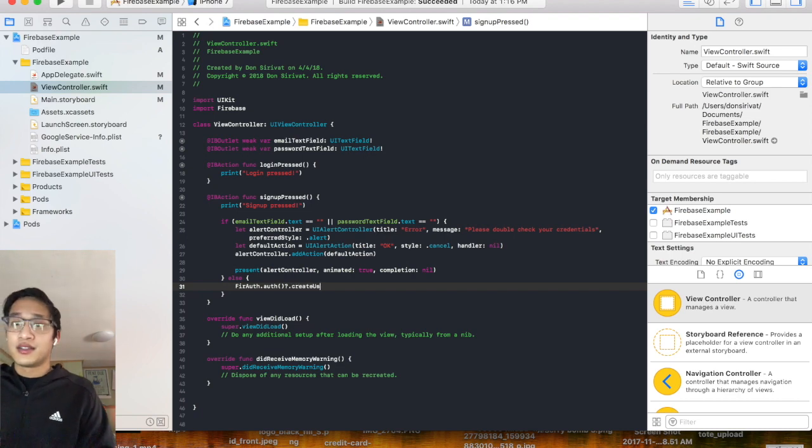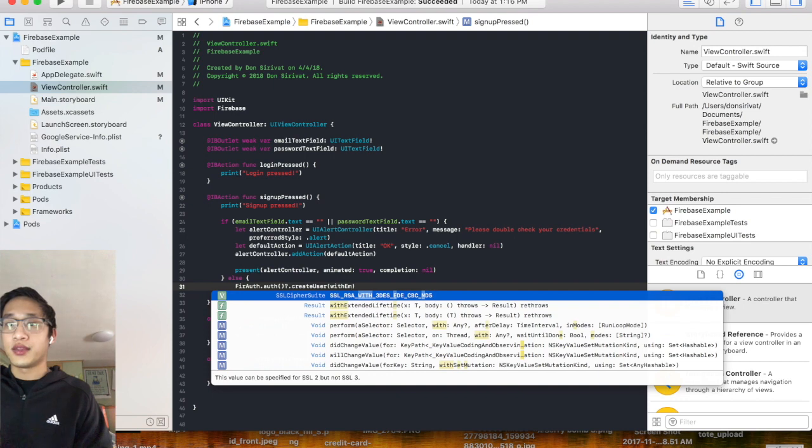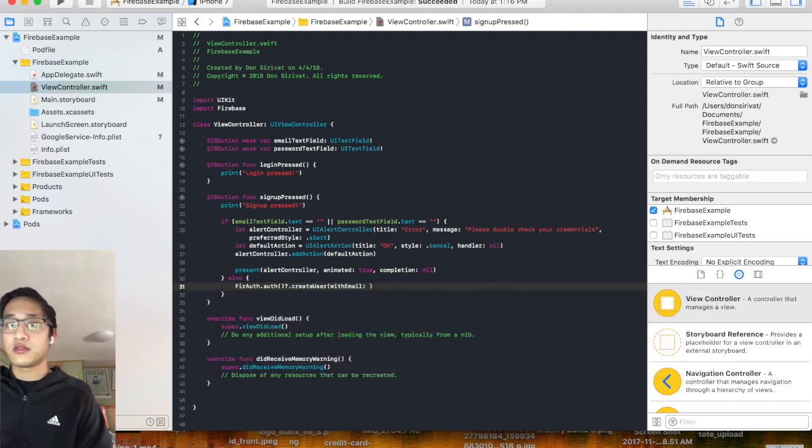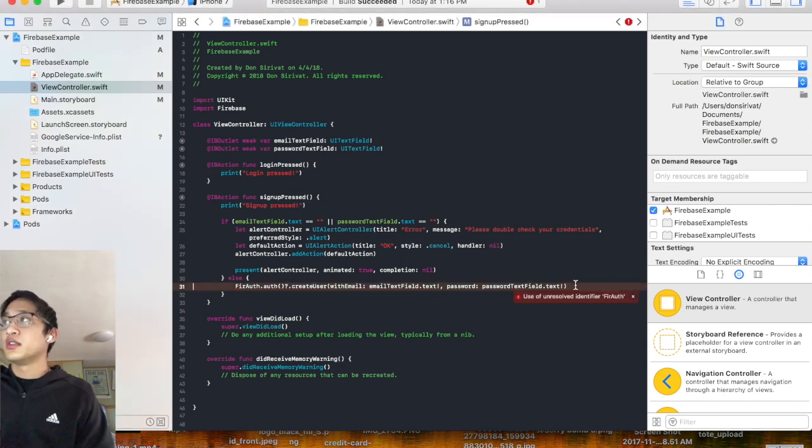So auth.create user with email. And we're going to say email text field dot text, and then password is going to be password text field dot text. And then we need completion handler. So we're going to say